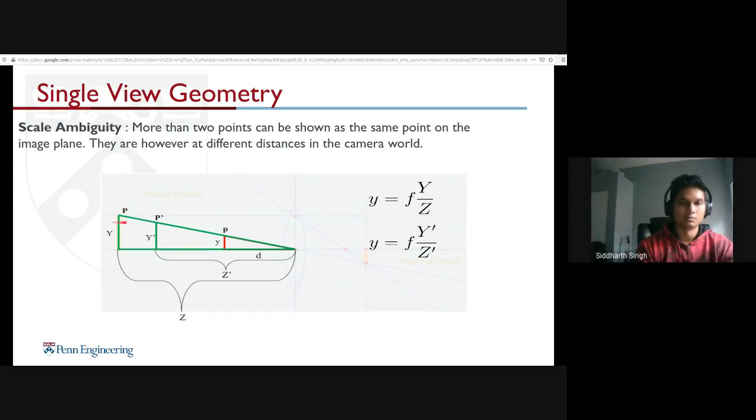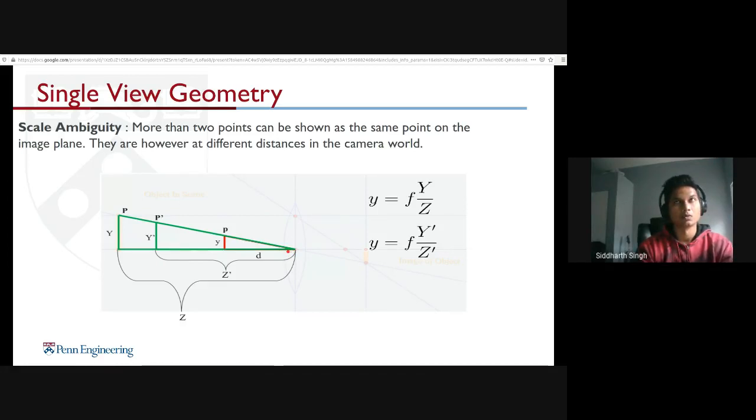If I'm looking at a point P here from my optical center, and I'm seeing this image here, what I don't know is how far that point P is, because y, which is this, can be equal to focal length times y by z, or it can also be equal to y dash by z dash, which is essentially what